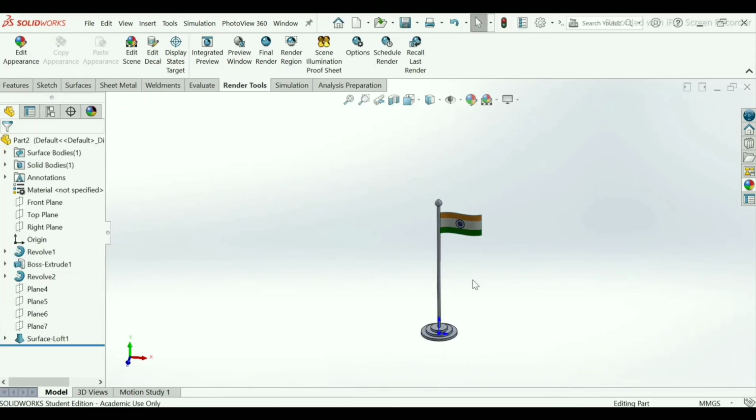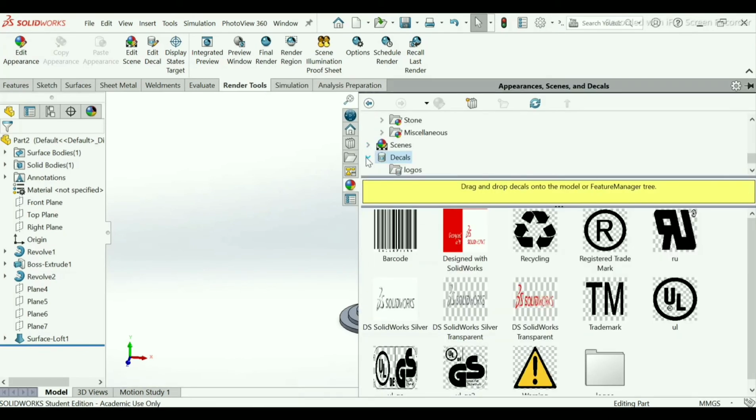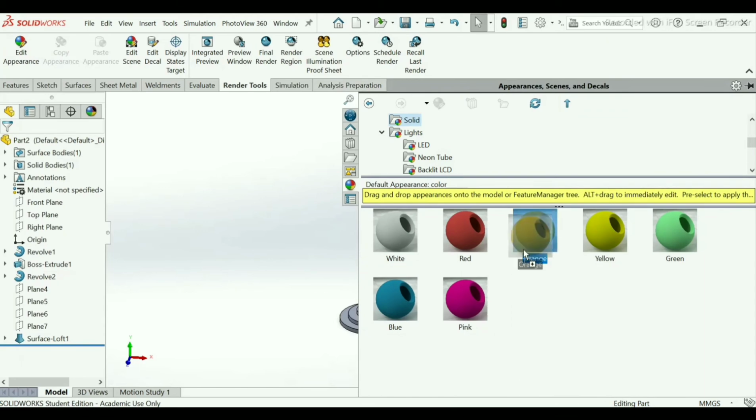Now I will color it, so go to appearances, edit appearance. Choose solid, select orange.